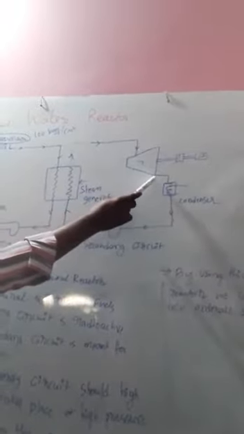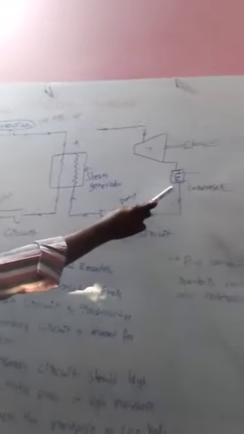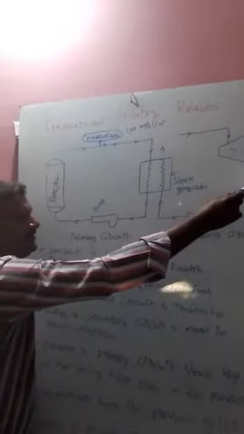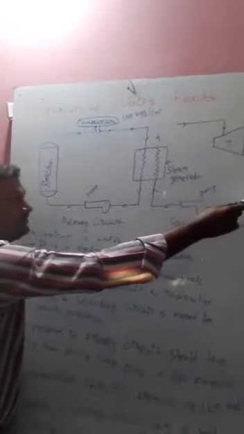The low pressure steam enters the condenser, and it rejects the latent heat of condensation to the circulating cooling water of the condenser. As it rejects the latent heat, steam condenses into liquid. This liquid or condensate will be pumped back to the steam generator. In this way, the working fluid circulates in the secondary circuit.